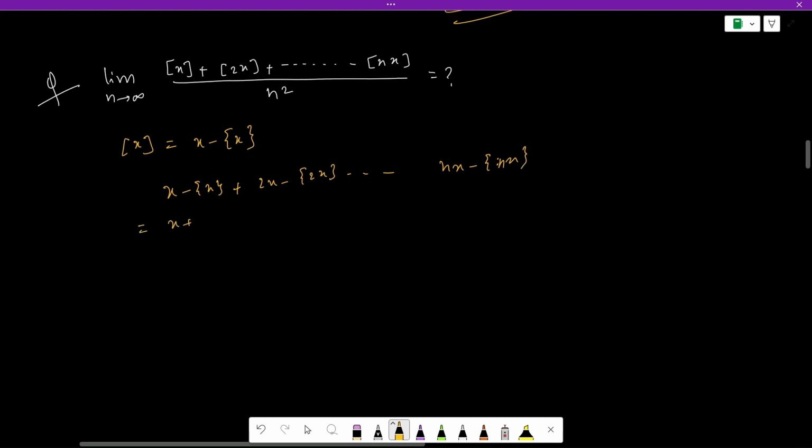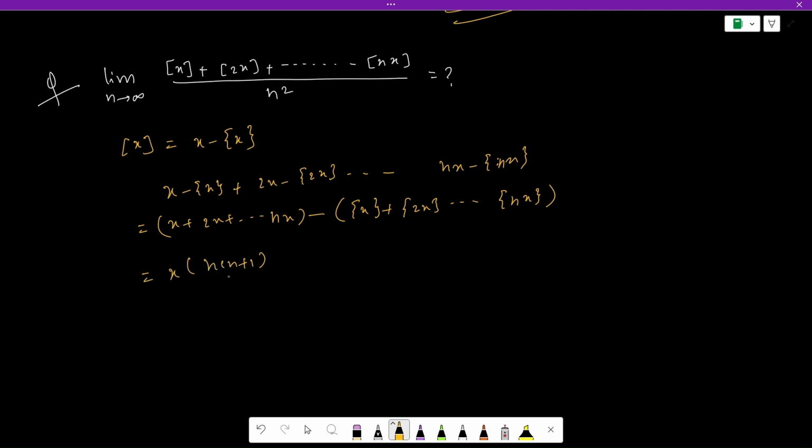And this is equal to x plus 2x plus so on up to nx minus fractional part x plus fractional part 2x and so on till fractional part nx. Now this is equal to x into n into n plus 1 by 2, right? This is 1 plus 2 plus 3 and so on up to n, so that is n into n plus 1 by 2,